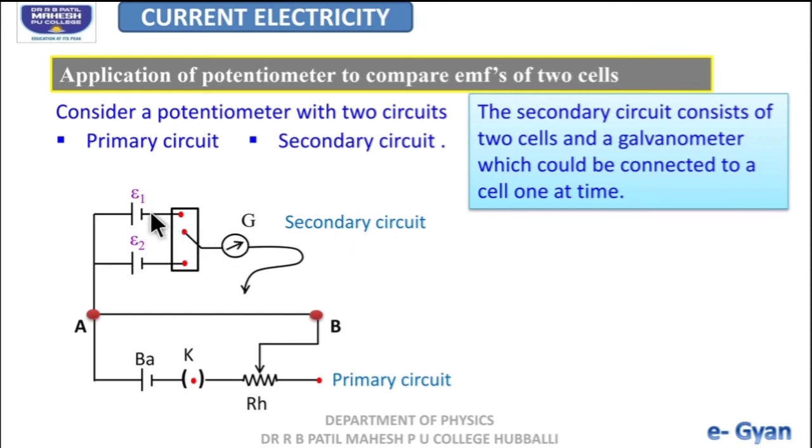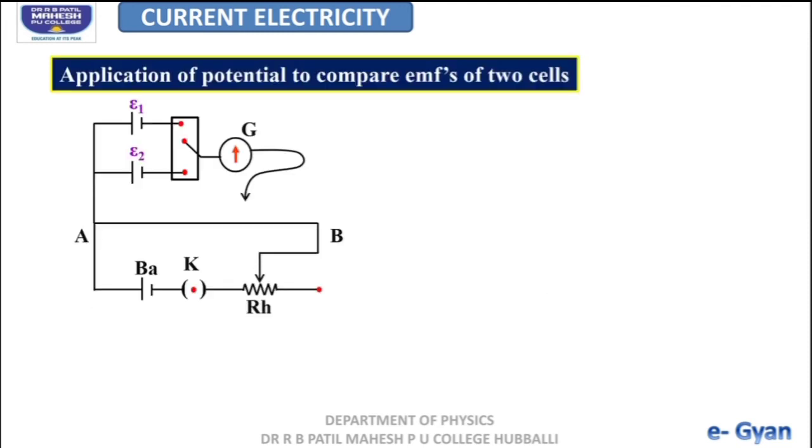We have two cells of EMF E1 and E2, and this is the galvanometer. Now let us try to compare the EMF of the two cells. First, the key which is connected with E1 is closed. Now whatever readings we are taking are related to E1. This sliding contact is placed at a point